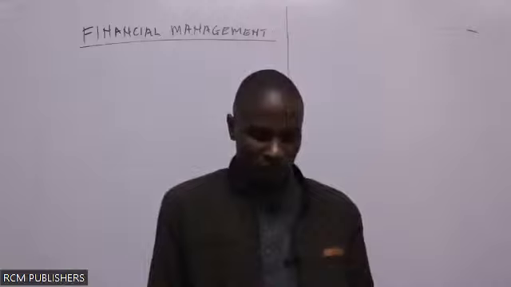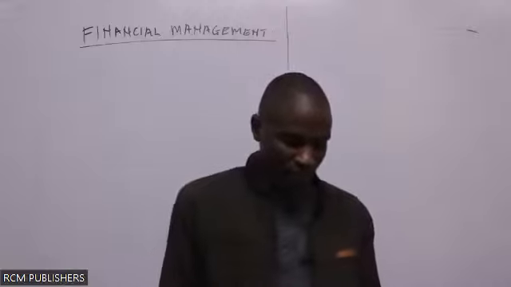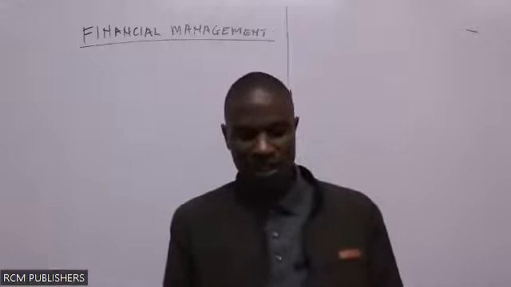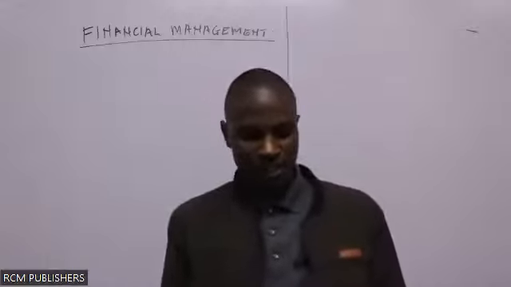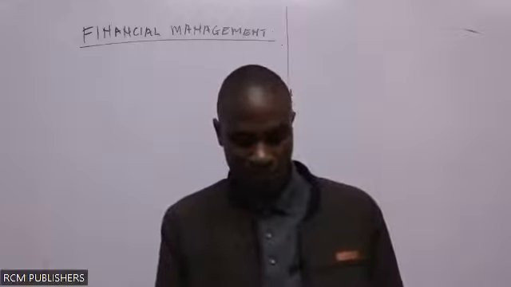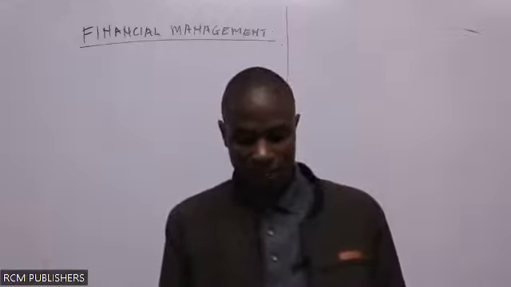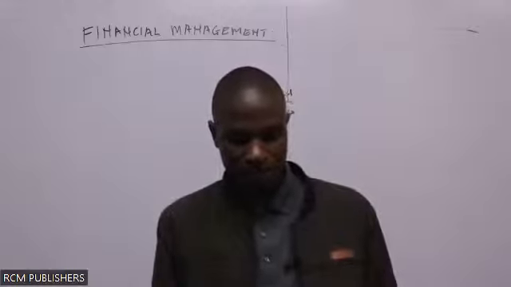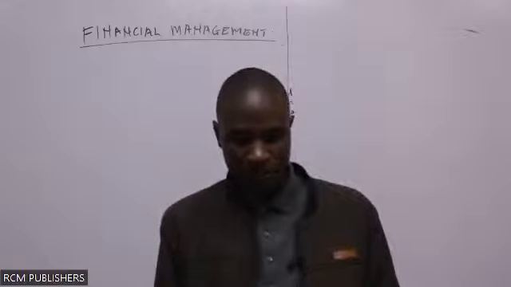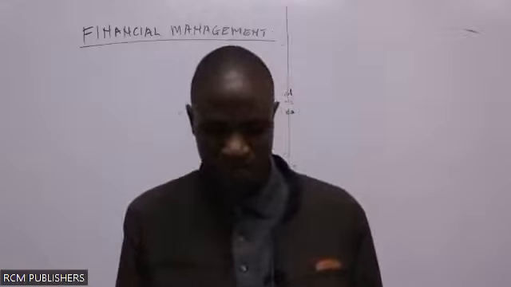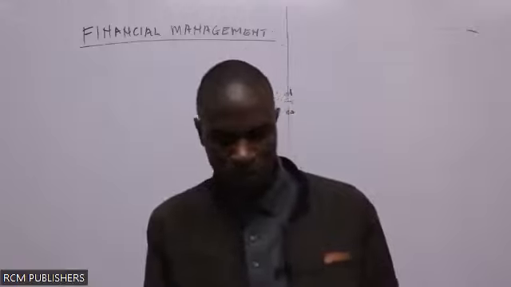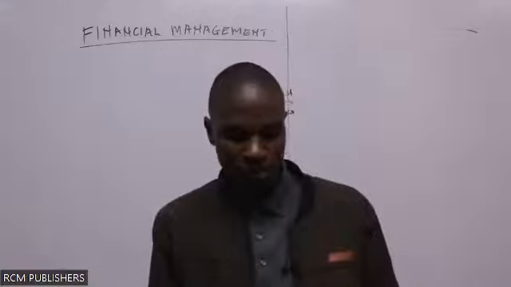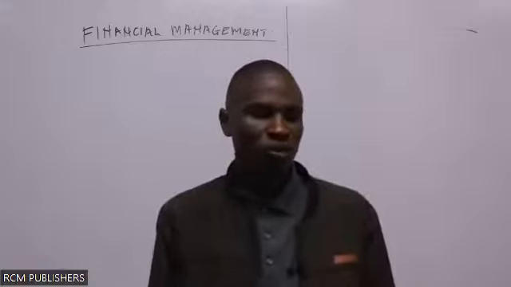The average collection period is 45 days. The management intends to increase the credit period to net 60 days. This plan is expected to increase sales by 15%. After the change in the credit terms, the average collection period is expected to be 75 days. Variable costs are 80% of sales. The company's required rate of return on receivable is 20%. Corporate tax rate is 30%. And you are told to assume that